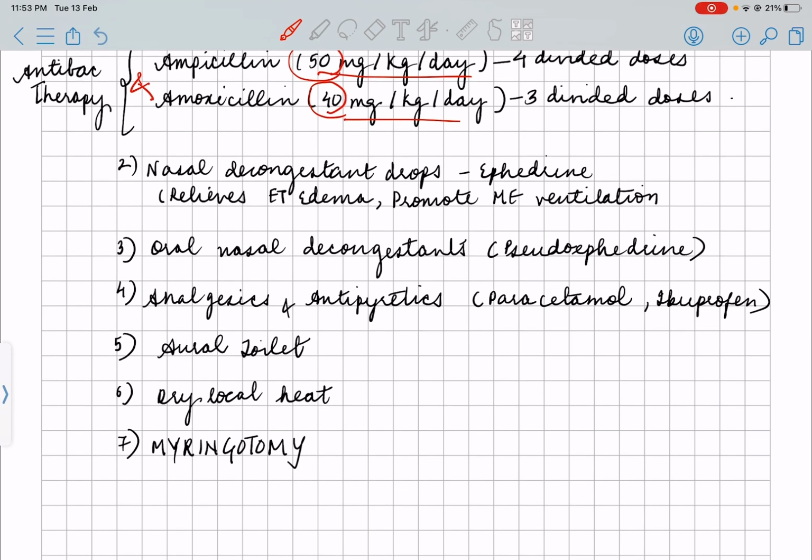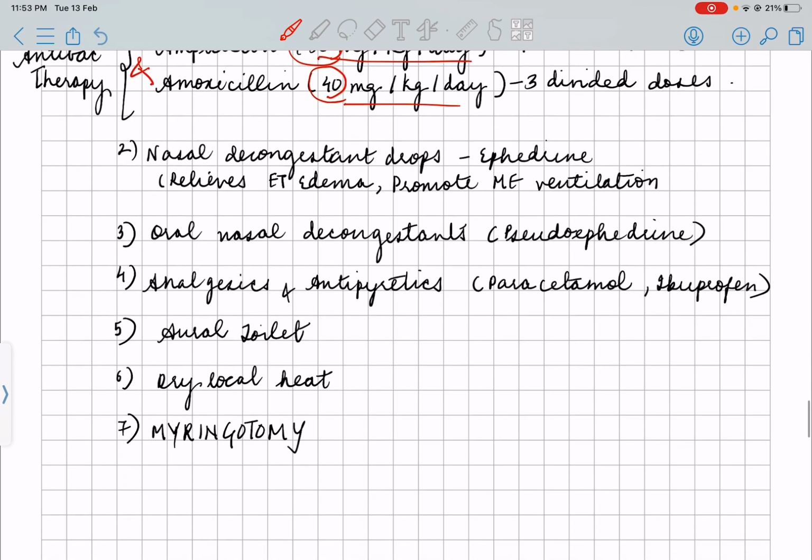Coming to other treatment modalities, we do have nasal decongestant drops like ephedrine. So basically, nasal decongestants relieve the ET edema as well as promote ciliary ventilation. So it's very important